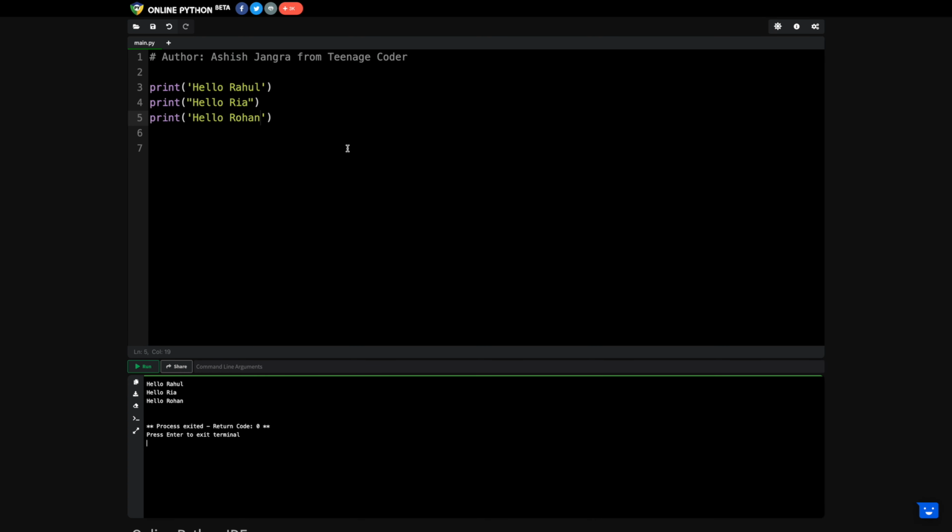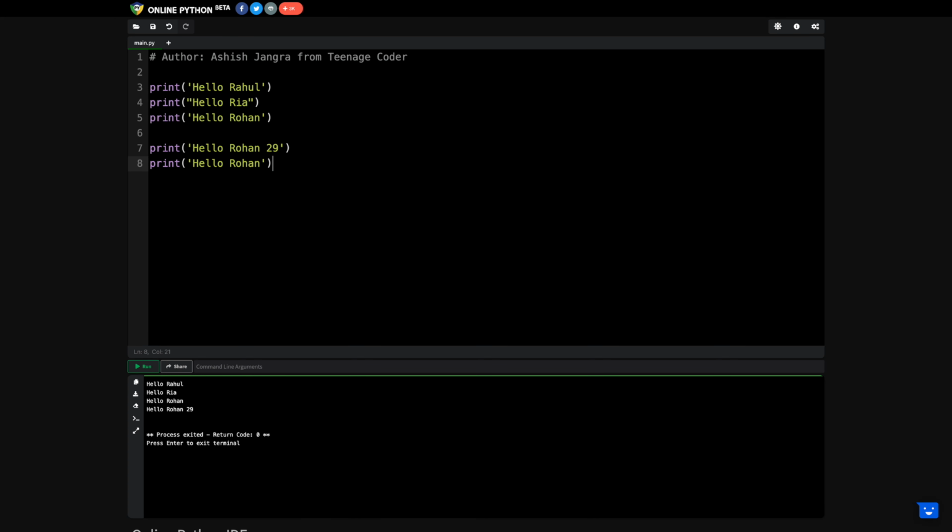And similarly, if you want to add multiple things, like you have added print statement here. Now, if you want to add a number here as well, you can add a number here as well, right? Because this is also nothing but a form of text. Hello Rohan 29. Clear? This is also a form of text that you can write.